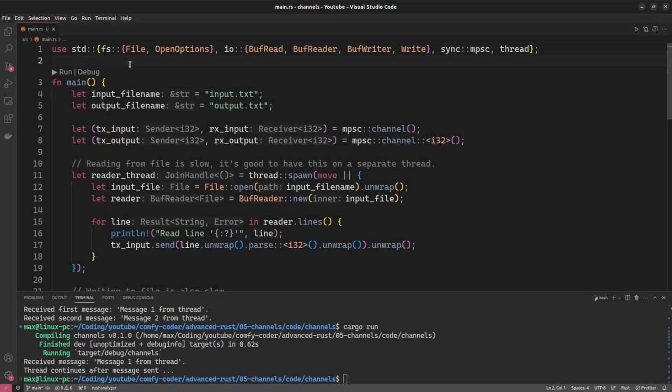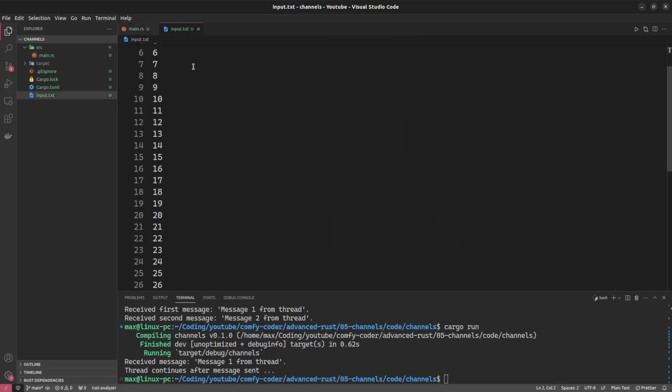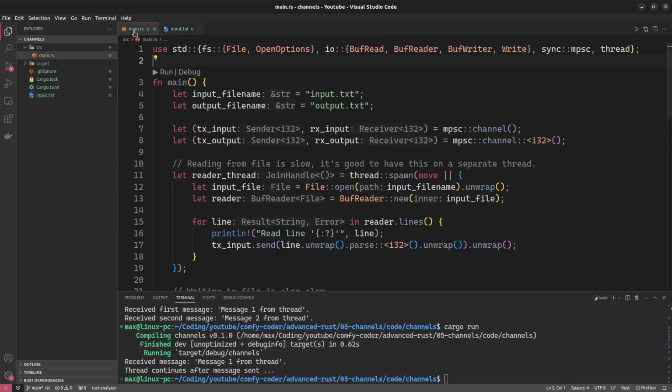As the last chapter in this tutorial, let us now look at a real-world, quote-unquote real-world example of how to use channels. I have the following task. This is my input file, which contains a lot of numbers, from 1 to 30. What I want to do is read those numbers into my program, then execute some mathematical operation on them. In this case, I'm just going to square the number,